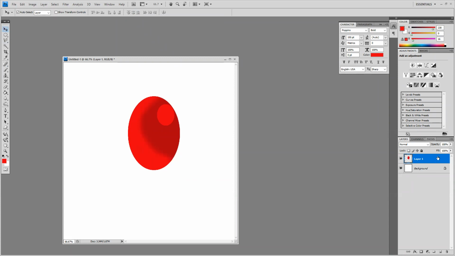Okay. Now this is my first layer. Copy. Second layer.